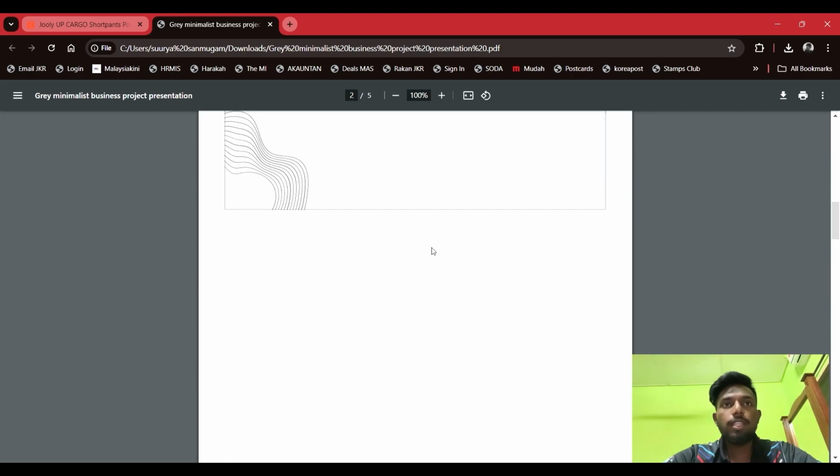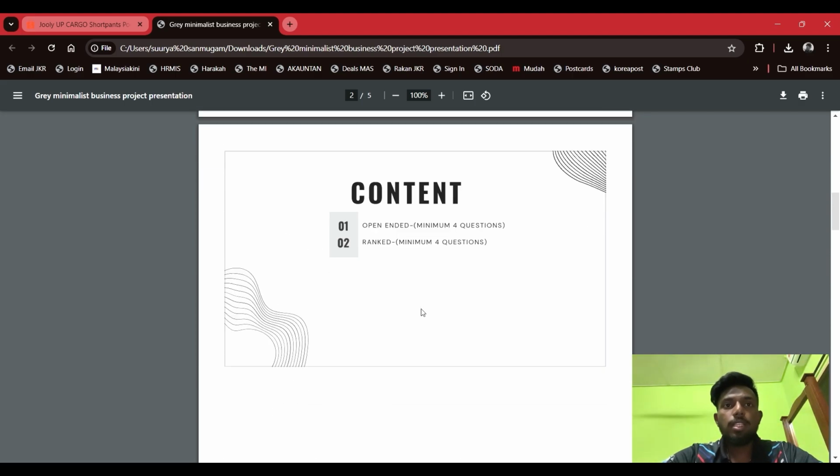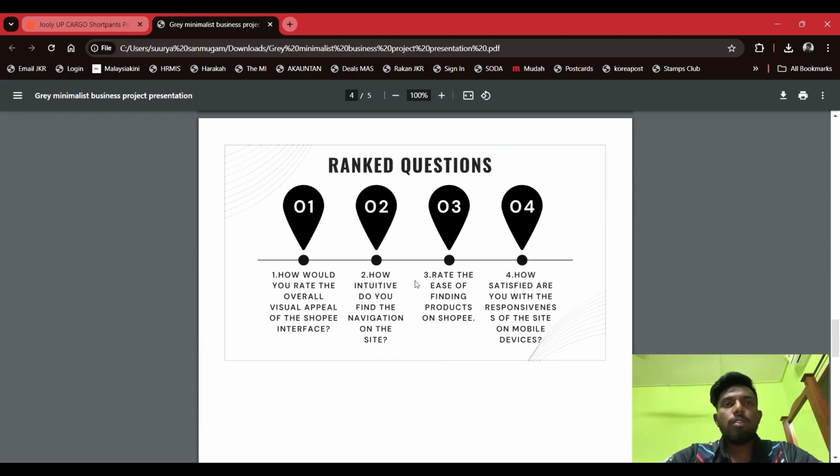And let's go to the second content, which is rank questions. In rank questions, number 1 is, how will you rate the overall visual appeal of the Shopee interface on a scale of 1 to 5, where 1 is the least and 5 is the most excellent rank?